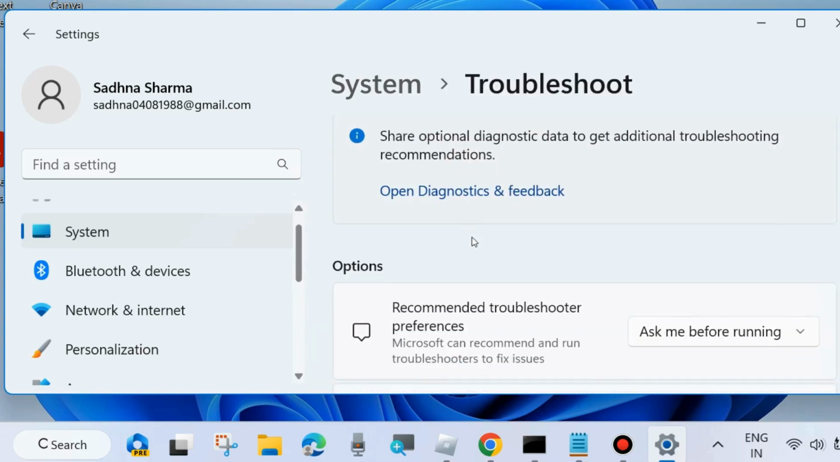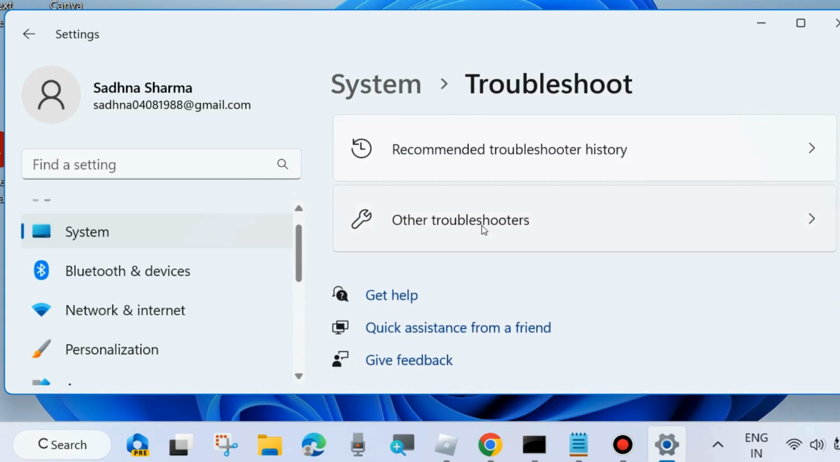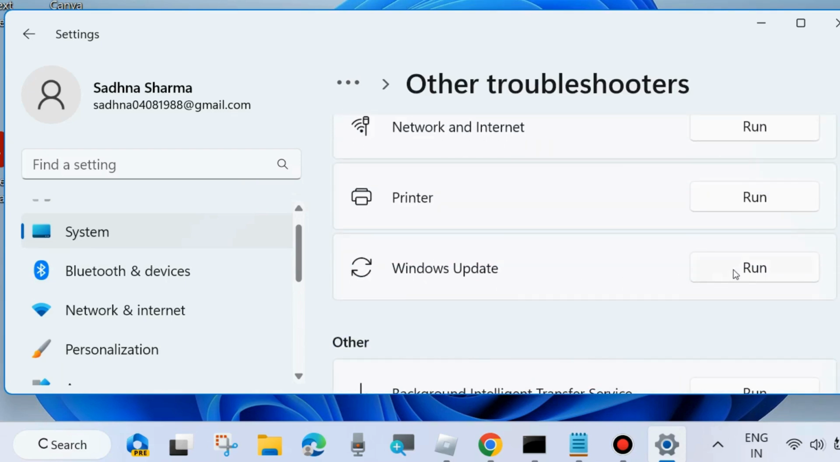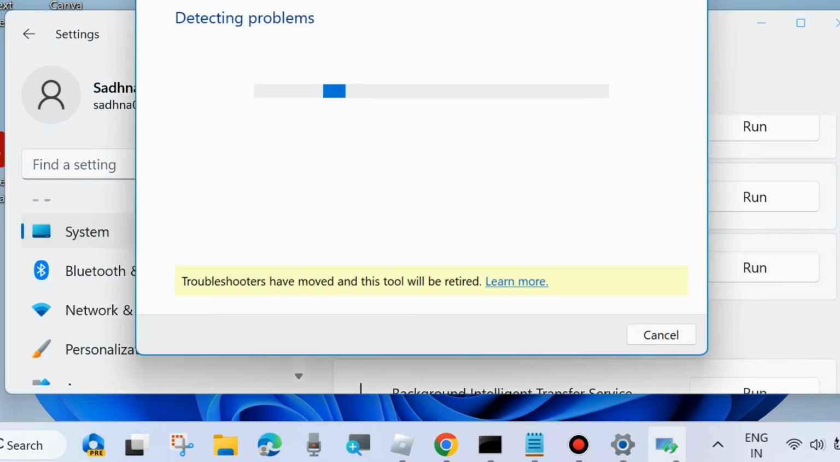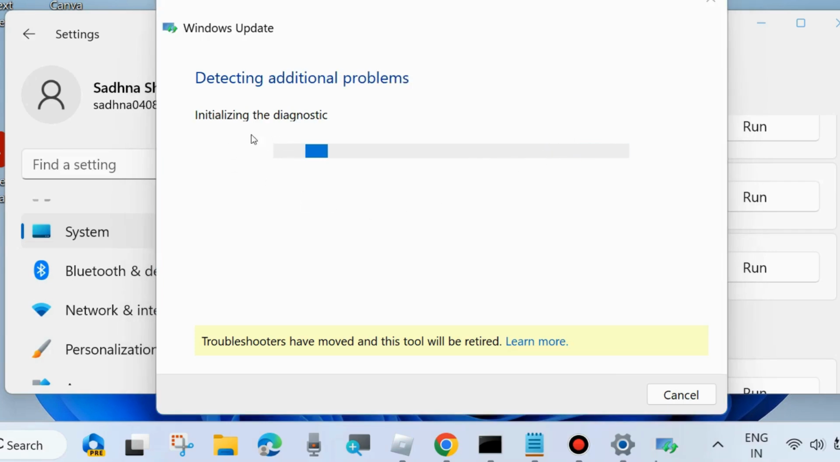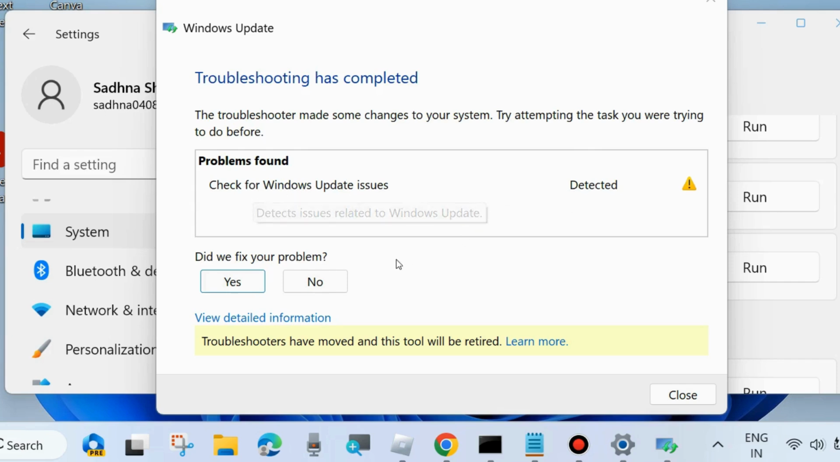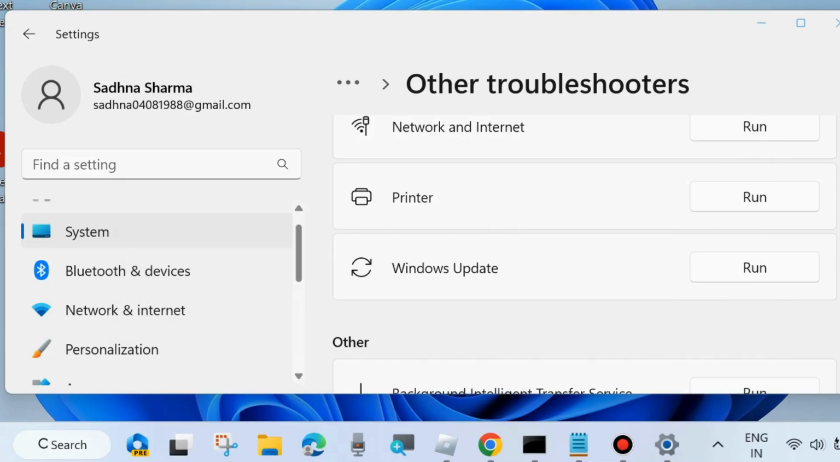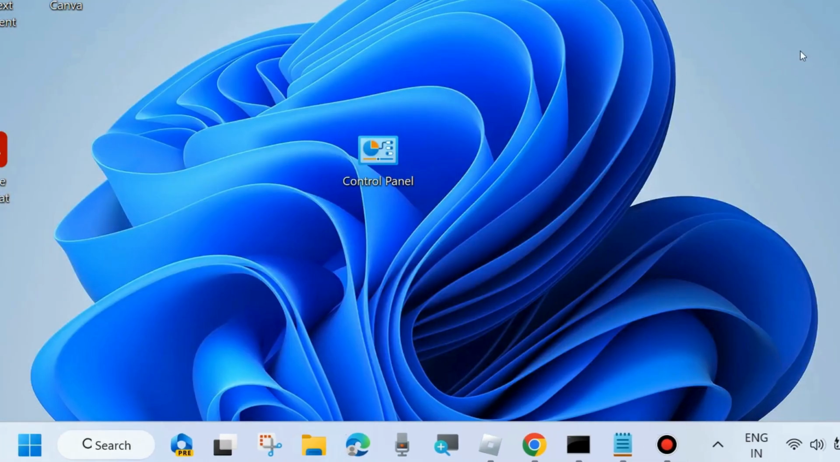Click on other troubleshooters, scroll down, and here run the Windows Update troubleshooter. Click on run and let Windows complete the troubleshooting process. It will be detecting issues, checking for pending restart and some other checks, initializing the diagnostic. Wait for some time, it will take some time, and after that it will not only detect issues but fix them accordingly. After that, close your Windows and check whether your error is